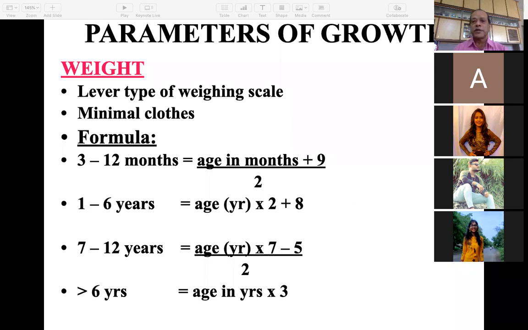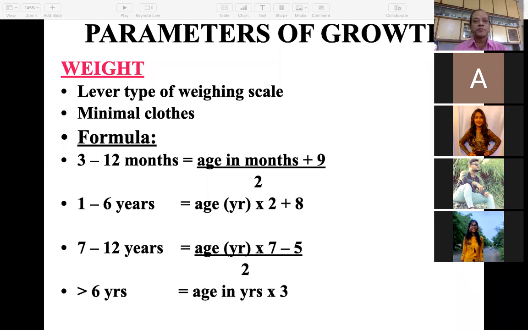WHO charts are there for all over the world, and you can follow any one chart. But please remember, a chart is for when we do the detailed examination, as in admitted patients. But in OPD, where the time may be less per patient, it is not possible to plot the growth chart. So many times we have to calculate, and that's why we will learn how to calculate in routine day-to-day